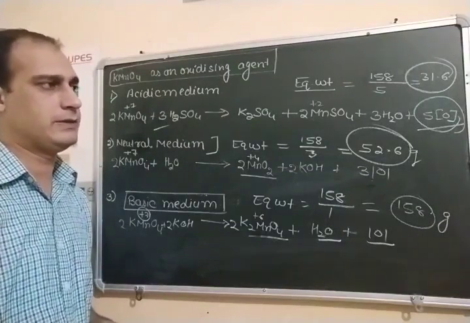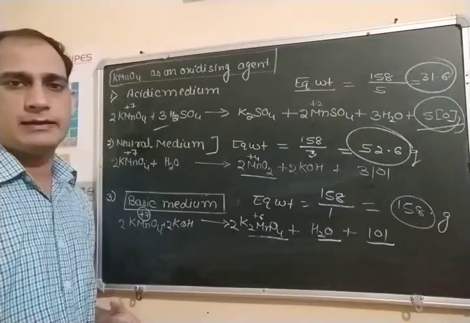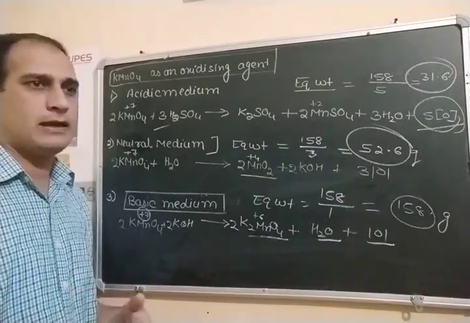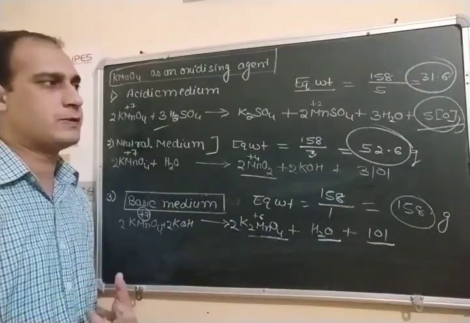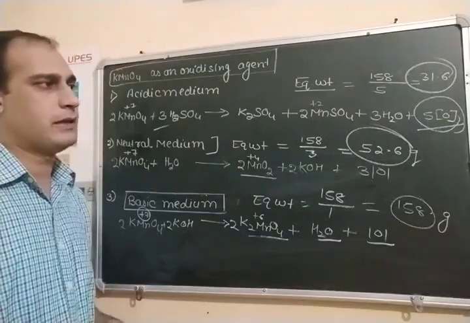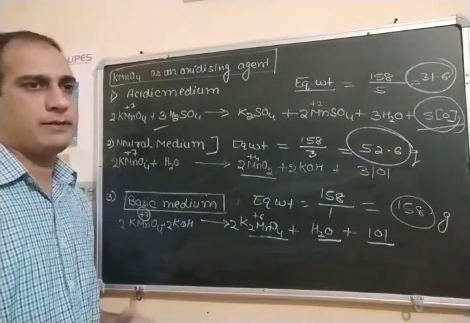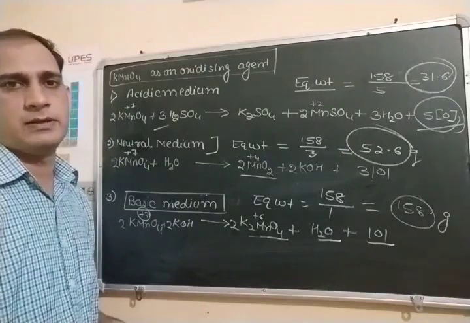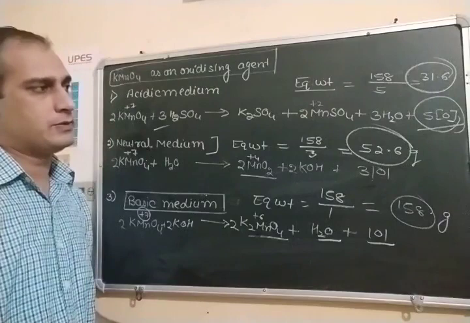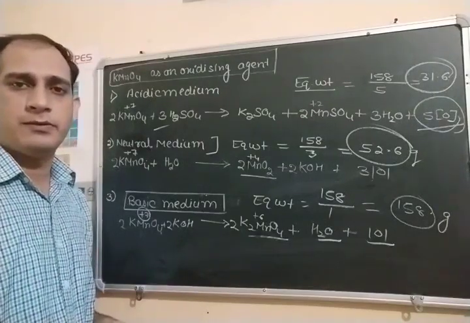What are the various uses of KMnO4? It can be used in various organic reactions for the oxidation of different compounds. If we want to oxidize the aldehydes or ketones, they can be oxidized to corresponding carboxylic acid. If we want to oxidize the alkenes, so we can use KMnO4. If we want to oxidize the alcohols, whether they are primary or secondary alcohol, they can be oxidized to corresponding aldehydes, ketones or carboxylic acid respectively. So various reactions can be carried out by using this KMnO4 reagent.